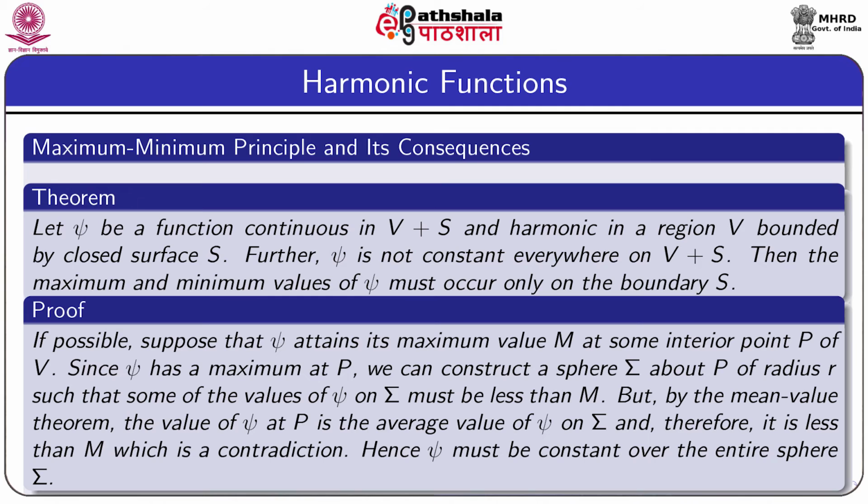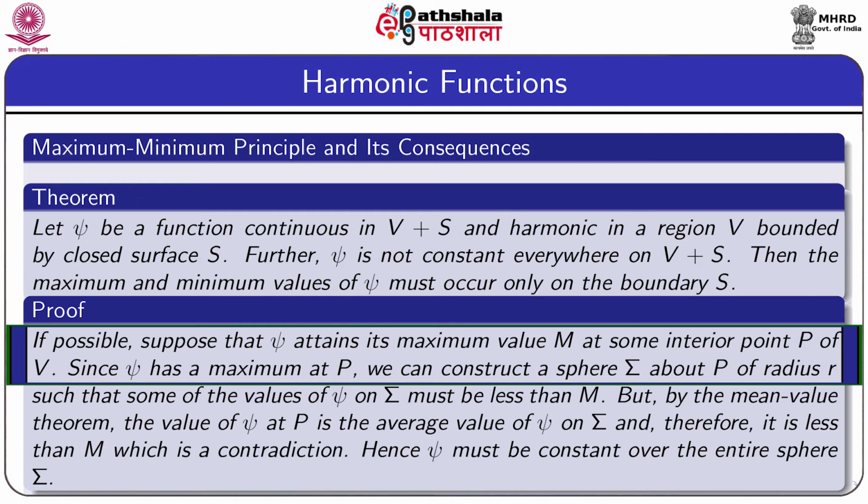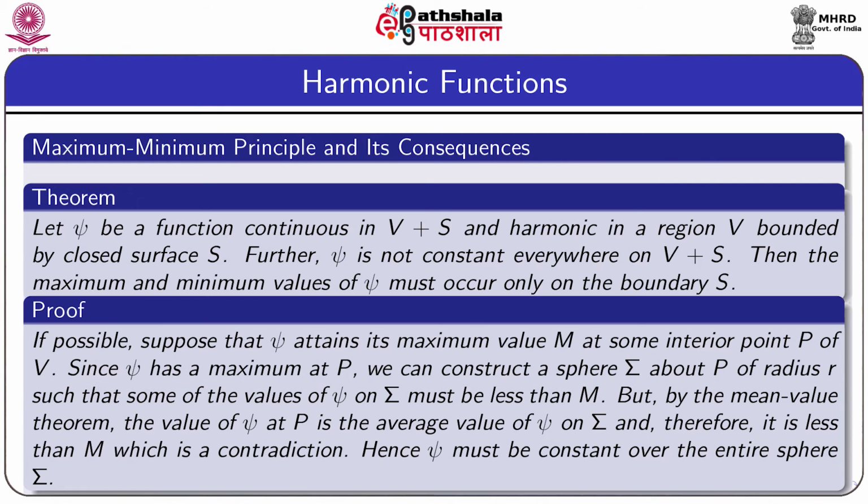Proof: if possible, we assume that psi attains its maximum value M at some interior point P of V. Since psi has a maximum at P, we can construct a sphere sigma about P of radius r such that the values of psi on sigma must be less than M. This is the property of having a maximum value of a function. Since this is a local maximum of psi,